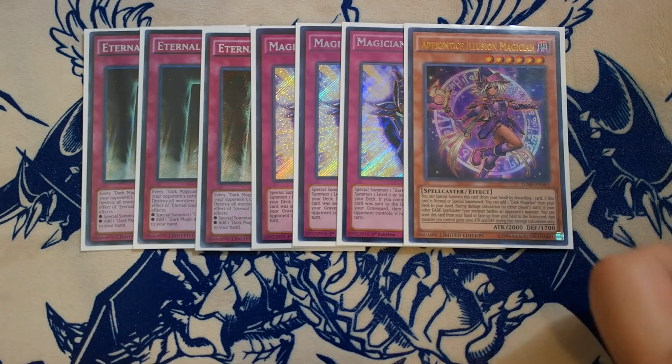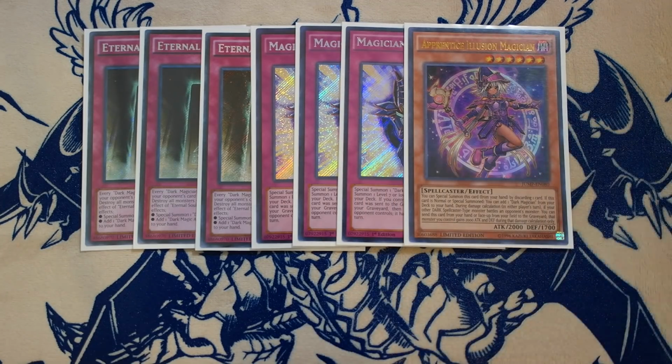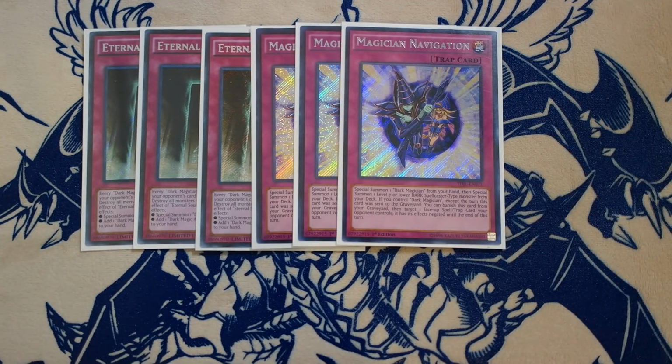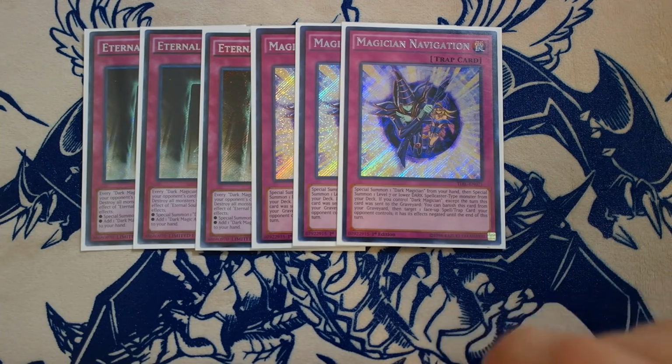So now being able to have access to her directly from the deck with Magician Navigation to basically add more resources to your hand is just very, very powerful. So Magician Navigation is always great. And also do not forget the secondary effect where if you control a Dark Magician monster on the field, you can banish this card from the graveyard to negate a spell or trap card your opponent activates, and its effect is not once per turn. So if you have multiple copies of this card in the graveyard, this card is very, very useful. And this is the new addition to the deck, and I believe that this card is very strong,